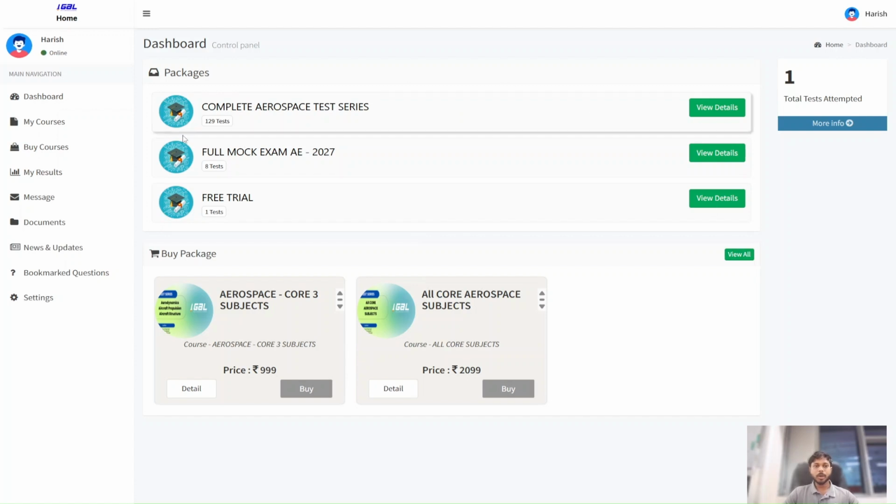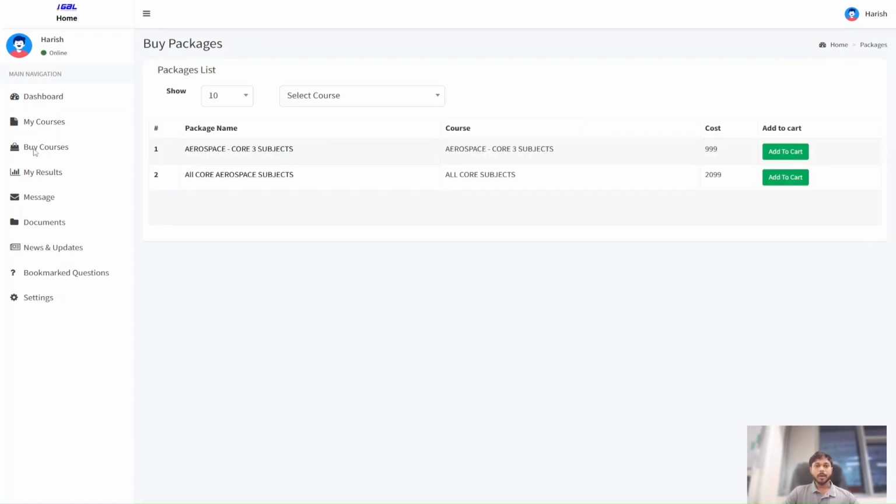Now on the left hand side you can see your name and the main navigation bar. If you want to purchase, first you go into the buy courses. Let's say, for example, you want to buy this test series, all core aerospace subjects, which has a price of 2099. So what you need to do is click on add to cart, or before that you can